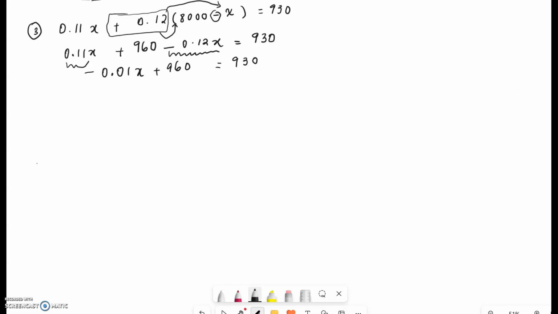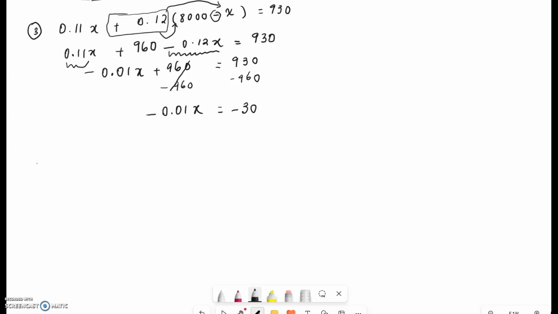Next, we subtract 960 on both sides. Do the subtraction or addition first. Remember, we are trying to get x by itself on one side, and that is the left side. And that's why we are getting rid of the 960 on the left. 0.01x is equal to negative 30. 930 minus 960 is